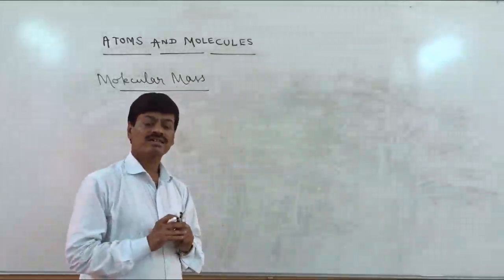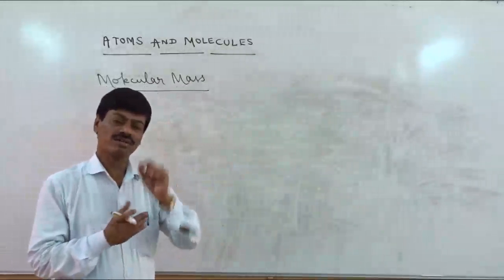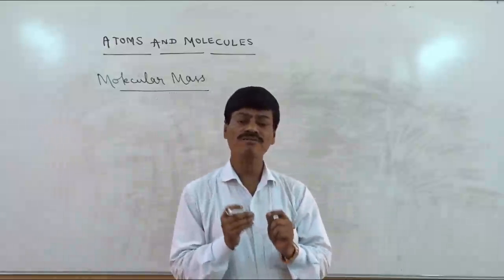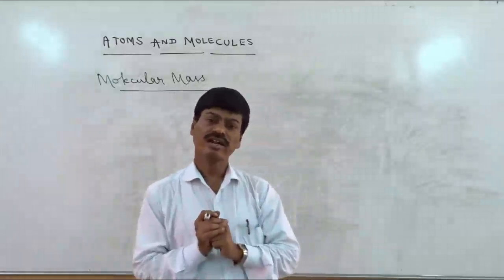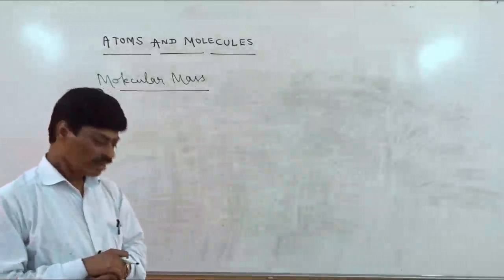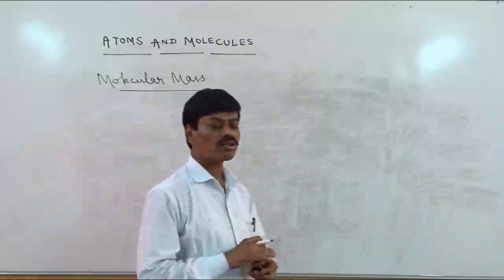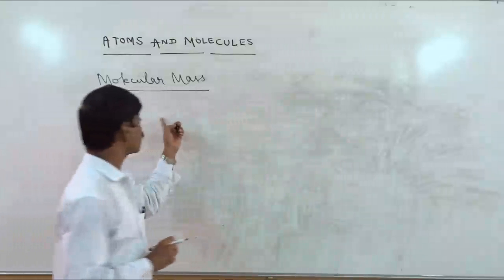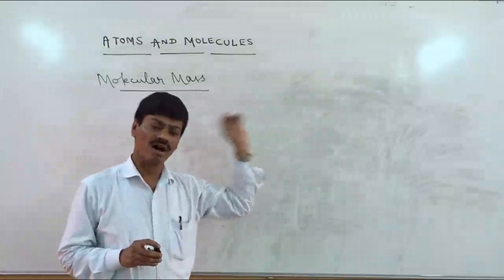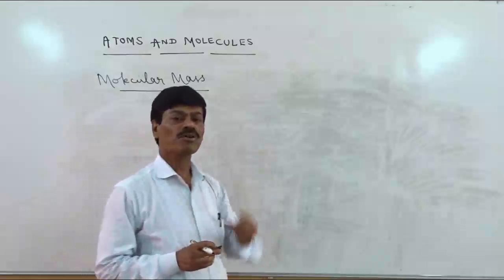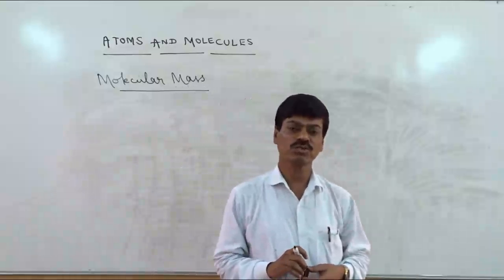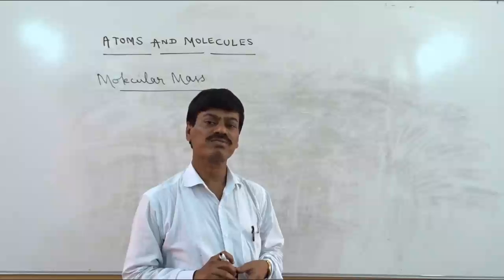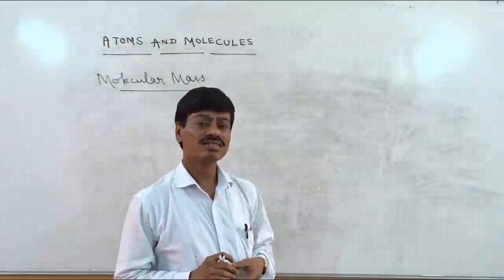Right. Next, S for sulfur. It is an atom of the sulfur element. S8 is a molecule of the sulfur element. Right. In that way it is, in the case of elements. In the case of compounds, a molecule may have 2 elements in it or more than 2 elements. So molecular mass is an extension of atomic mass. If you take any compound, for instance a water molecule, H2O, the mass of the entire water molecule is equal to the mass of 2 hydrogen atoms plus the mass of 1 oxygen atom.